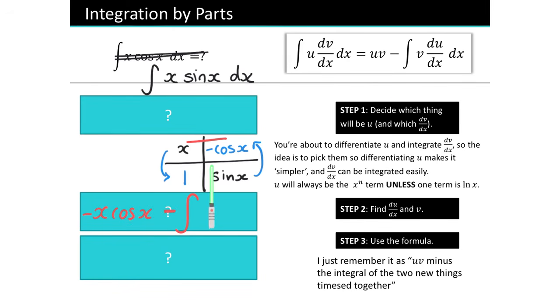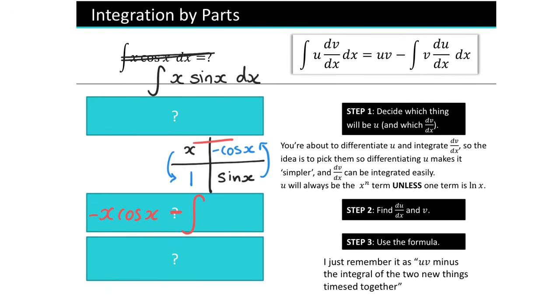I've just done it in a nicer way. I've tried to do it so that you can remember it a bit more with the 7. Okay, it's still the same formula, written differently. Then I'm going to minus the integral of